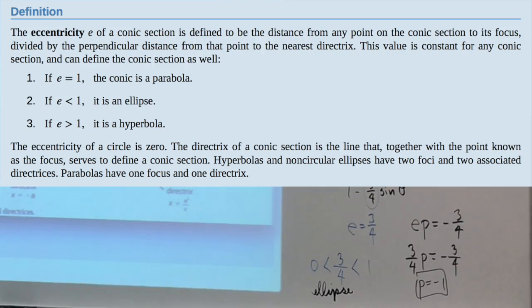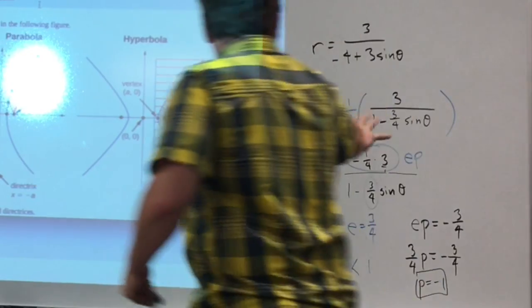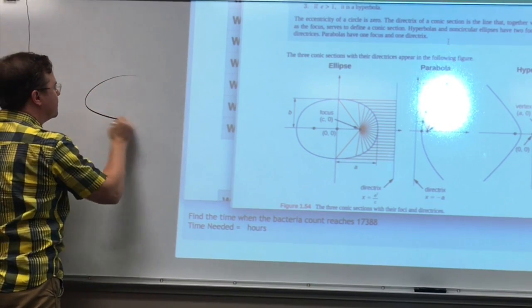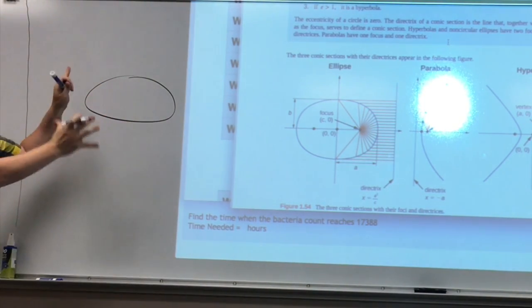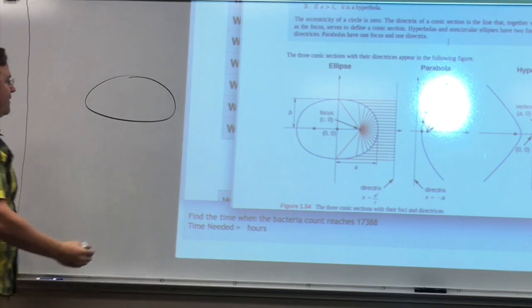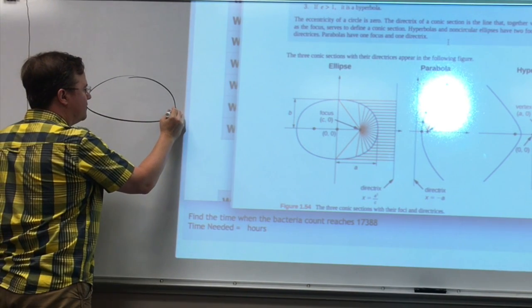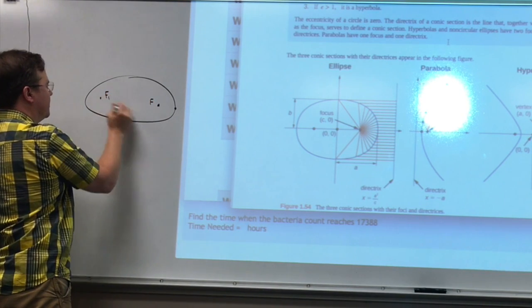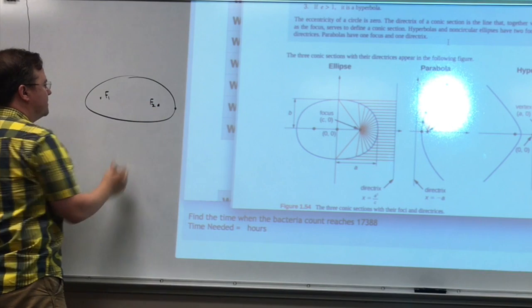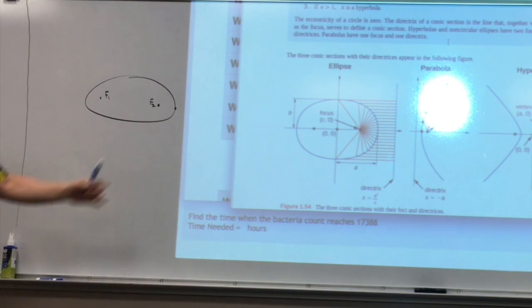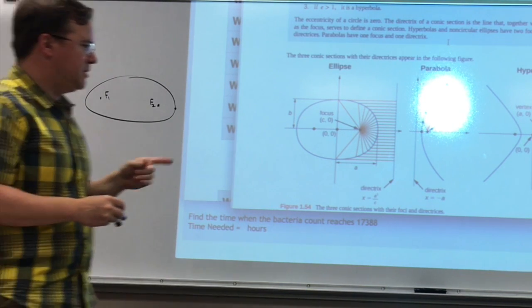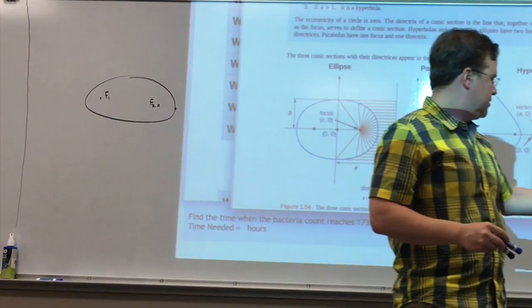So let's see here. For this one, the ellipse that we're going to get is going to look something like this. I'm not sure about the orientation yet. But I can see that from this point to the focus, there's actually 2 foci, F1 and F2, let's say. It's symmetric, so whatever's happening over here is a mirror image of what's happening over there. And I believe this P is the distance to the